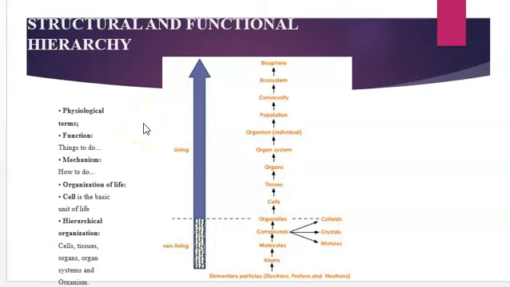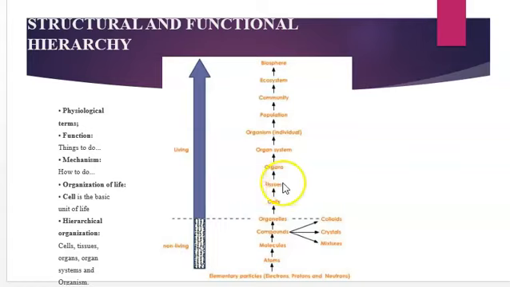In this you can see that there are different physiological terms. The elementary particles like atoms combine and form molecules, then these form components, and when these components combine they form organelles. These are the non-living components. Organelles make a cell. There are different organelles present in the cell. This is where the living part starts.